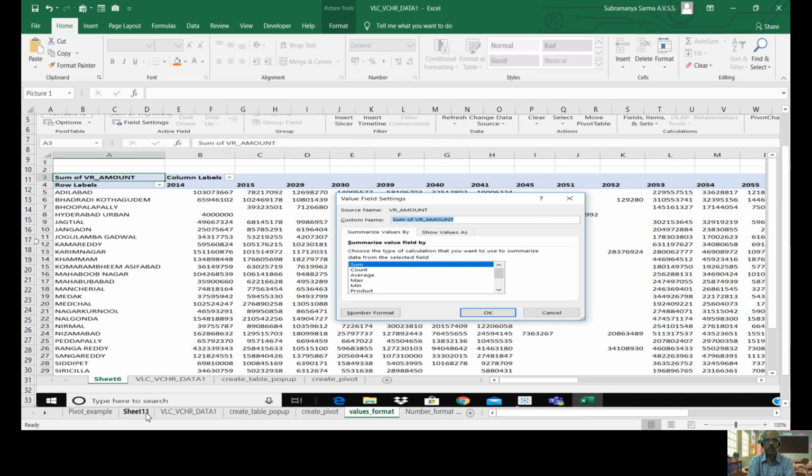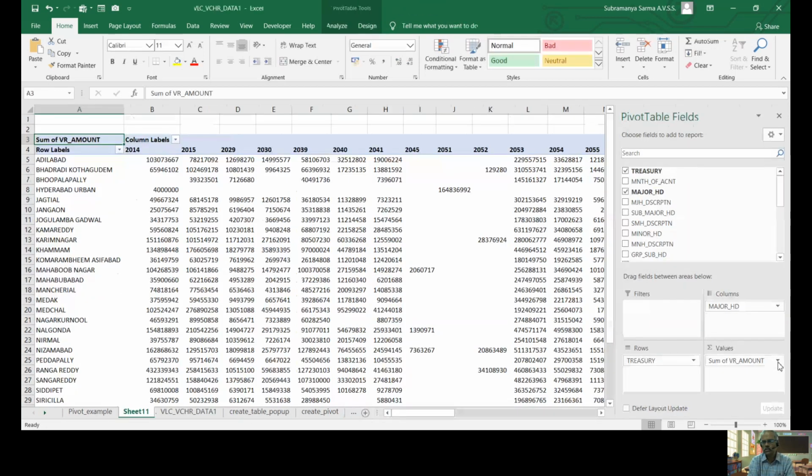Okay. Now, let us come back to our pivot table, right? Once you click this sum of voucher amount, value field settings here, I said sum because by default it is there. In some versions, by default count will come. If you want to change from count to sum, you have to click on that field settings, come here and select sum or count or average, whatever you want. Now I am selecting count, because the sum is already displayed and I want to change it to number of vouchers, that is count.